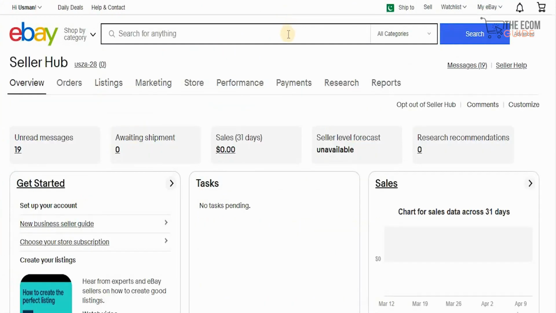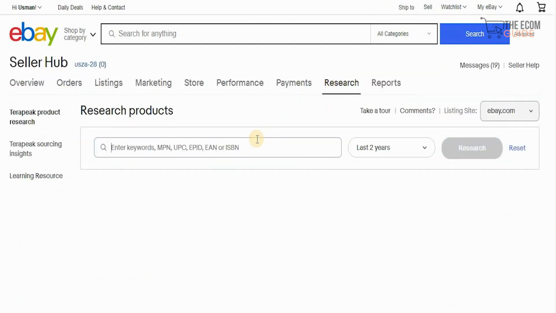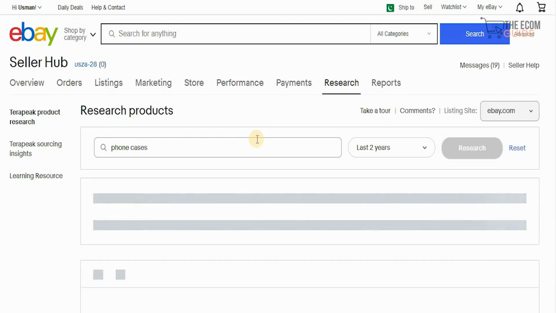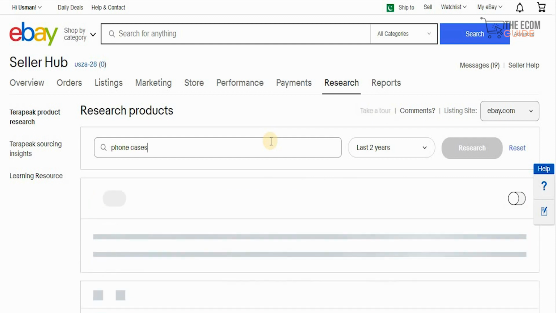Head over to the Sellers Hub on eBay and then click on research. As you do that, what happens is that you'll be taken to the next page where you can search for phone cases. As we search for phone cases, we'll see how much profit phone cases have been making for individuals in the last 2 years. And this is going to give us a complete breakdown and understanding